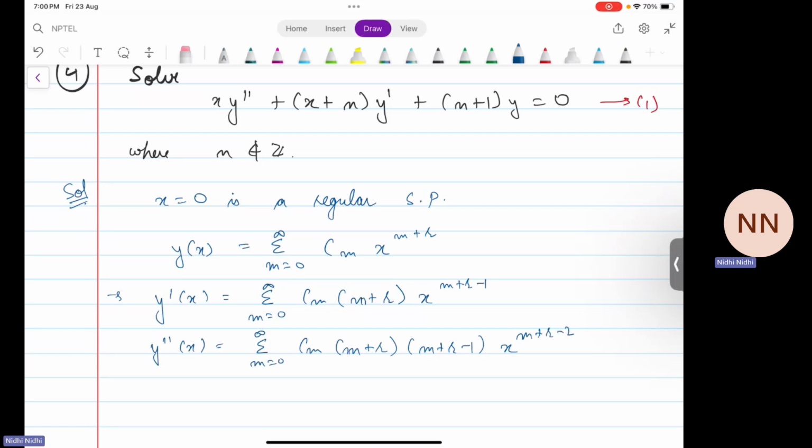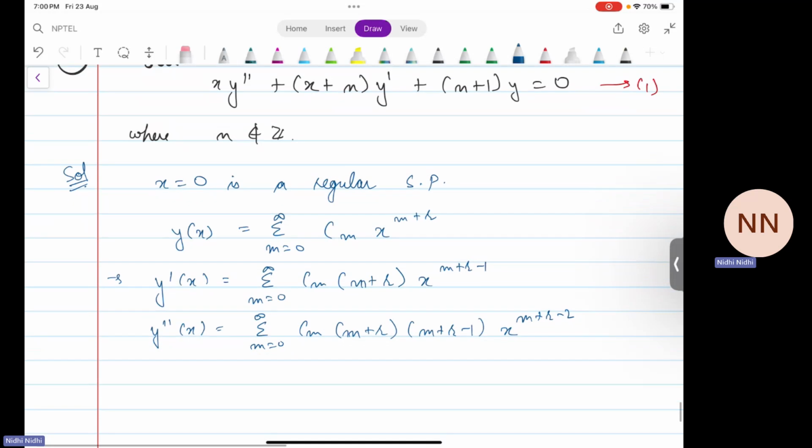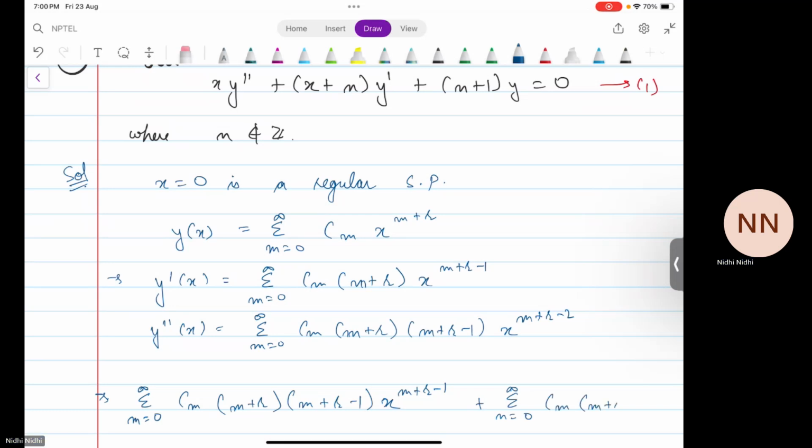Now putting the values of y dash and y double dash in equation second, we'll get summation m from 0 to infinity Cm m plus r m plus r minus 1 x to the power m plus r minus 1, plus summation m from 0 to infinity Cm m plus r x to the power m plus r,